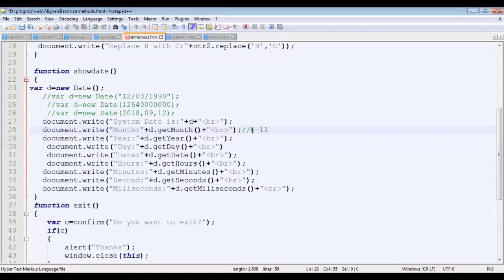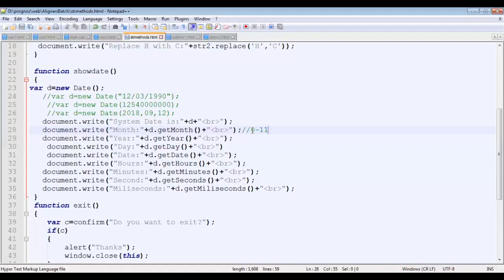I can say 7. In case of getDay, it will return 2 if it is Tuesday. Similarly, we have methods like getHours, getMinutes, getSeconds, and getMilliseconds. These allow us to retrieve the data in the form of hours, minutes, seconds, and milliseconds.